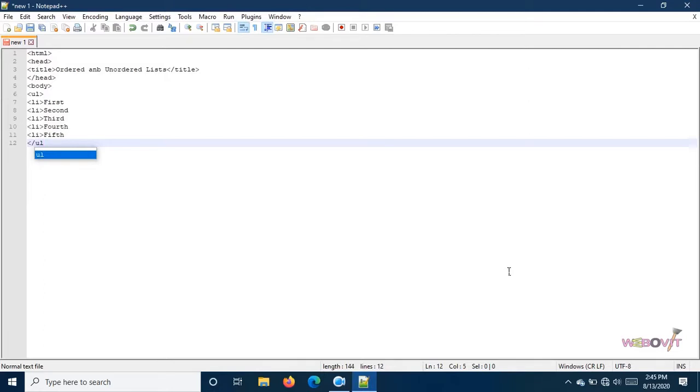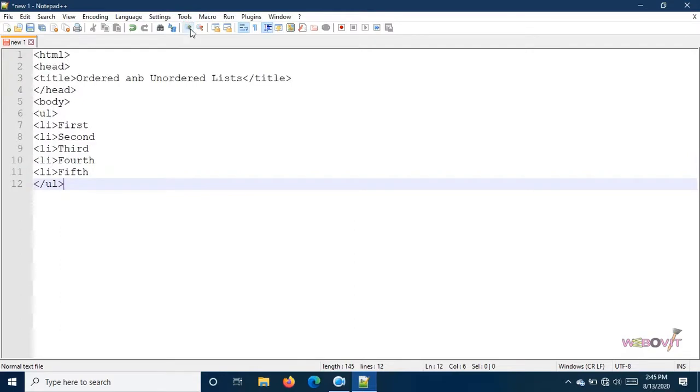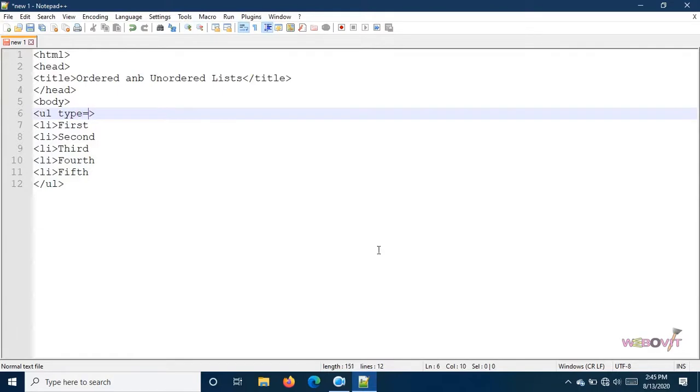So if you remember our previous HTML tutorial, we will zoom in a little bit so that you can see it clearly. In our HTML tutorials, we discussed the types of unordered list available in HTML, which we do by writing type equal to circle, disc, and square. The same thing we have here for CSS, but for the unordered list we have more categories which we are going to learn here.